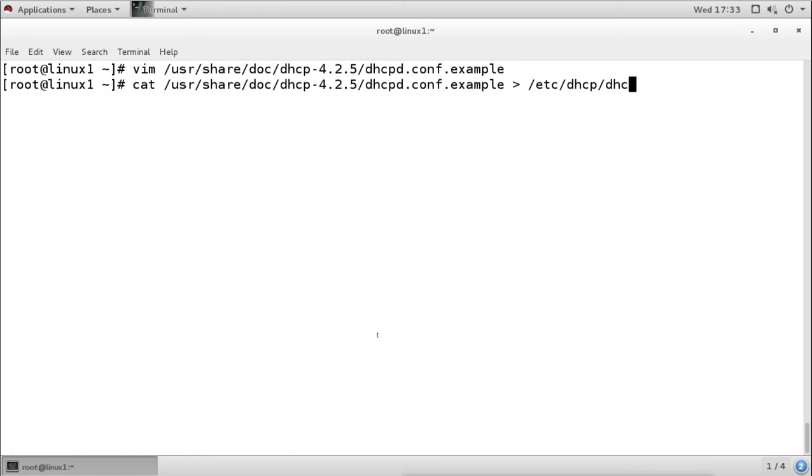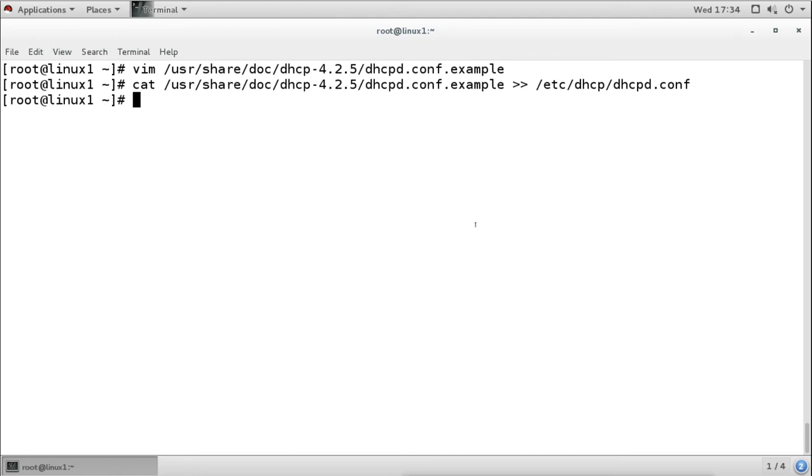So what I am doing is redirecting the configuration to the main configuration file. Whatever we have here is going to be redirected to the main configuration file, and I don't want to overwrite, so I will use two greater-than signs. Now we have the sample in my main configuration file.